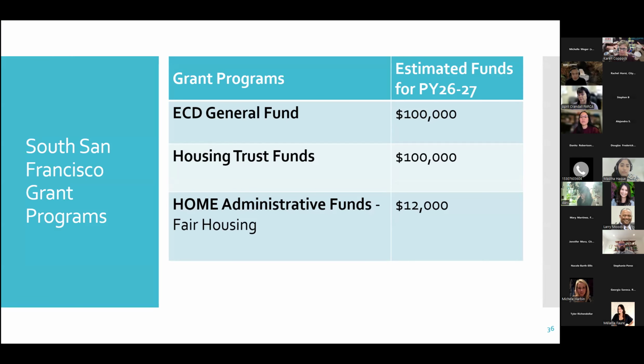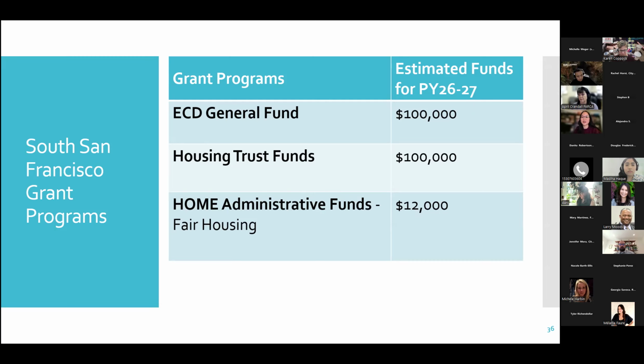Estimated funding for South San Francisco's programs includes our economic and community development general funds of about $100,000, local housing trust funds, also $100,000, and, as part of the HOME consortium with the county and the other jurisdictions, HOME administrative funds targeted for fair housing services of about $12,000.